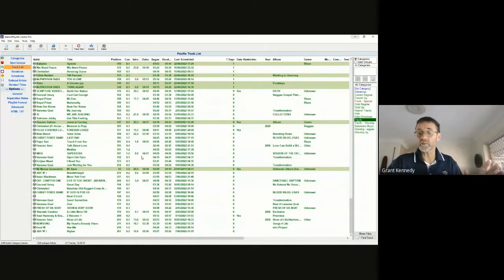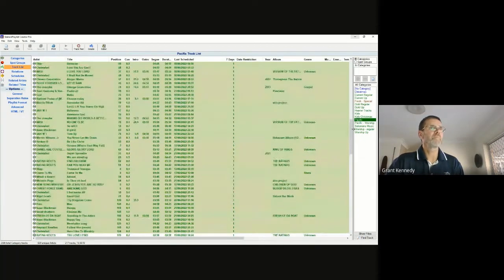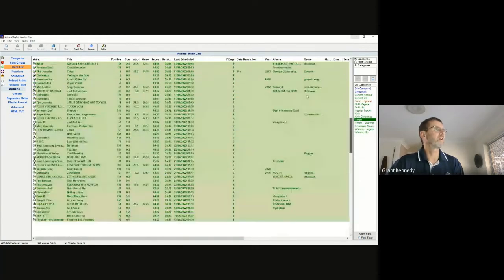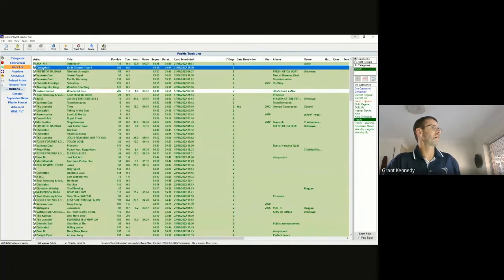So of those 217 songs, if you were listening to my radio station for the last 7 days, 24 hours a day, 7 days a week, you would only have heard Christopher's He Is Greater Than I twice. And in fact, I can look at that if I open it up in the track tool,